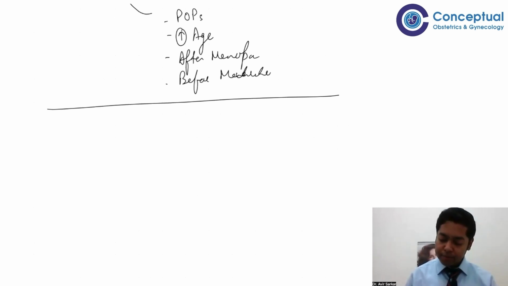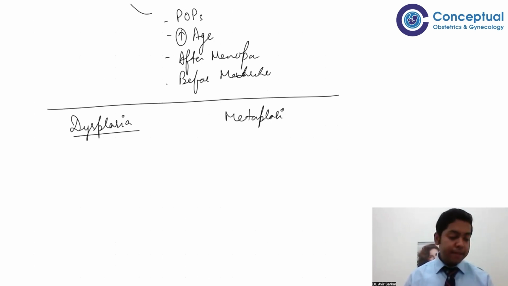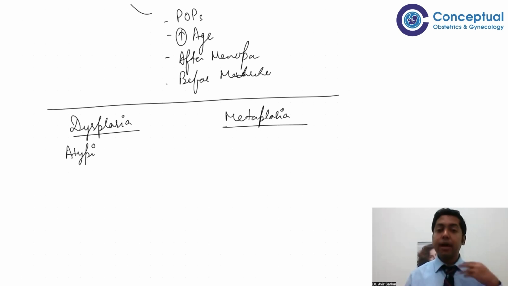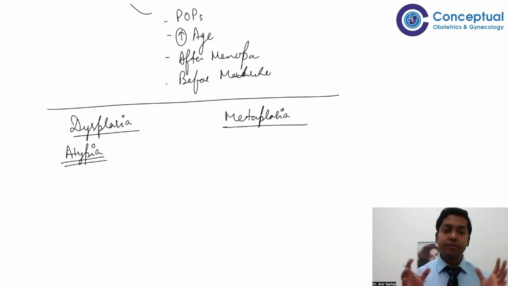So let us talk about dysplasia. What do you mean by dysplasia? And what do you mean by metaplasia? Metaplasia. So dysplasia means it has atypical features. Atypia. Features of atypia. Atypia means all the cells which are carcinogenic, which are malignant, have